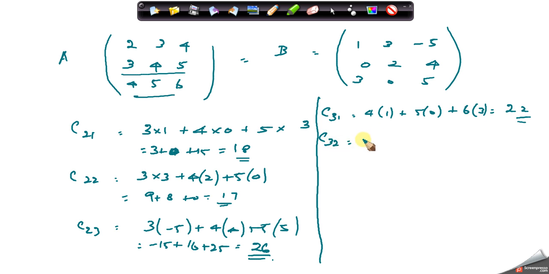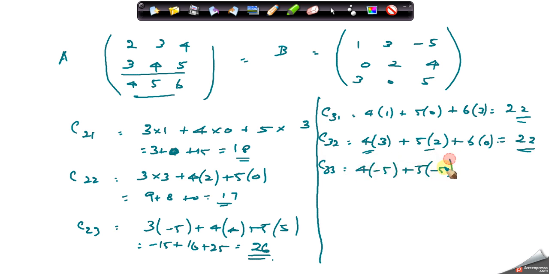C32 is 4 into 3 plus 5 into 2 plus 6 into 0. This is 12 plus 10, 22. And C33 is 4 into minus 5 plus 5 into 4 plus 6 into 5. This is minus 20 plus 20 plus 30, that is 30. So the product matrix AB is given by